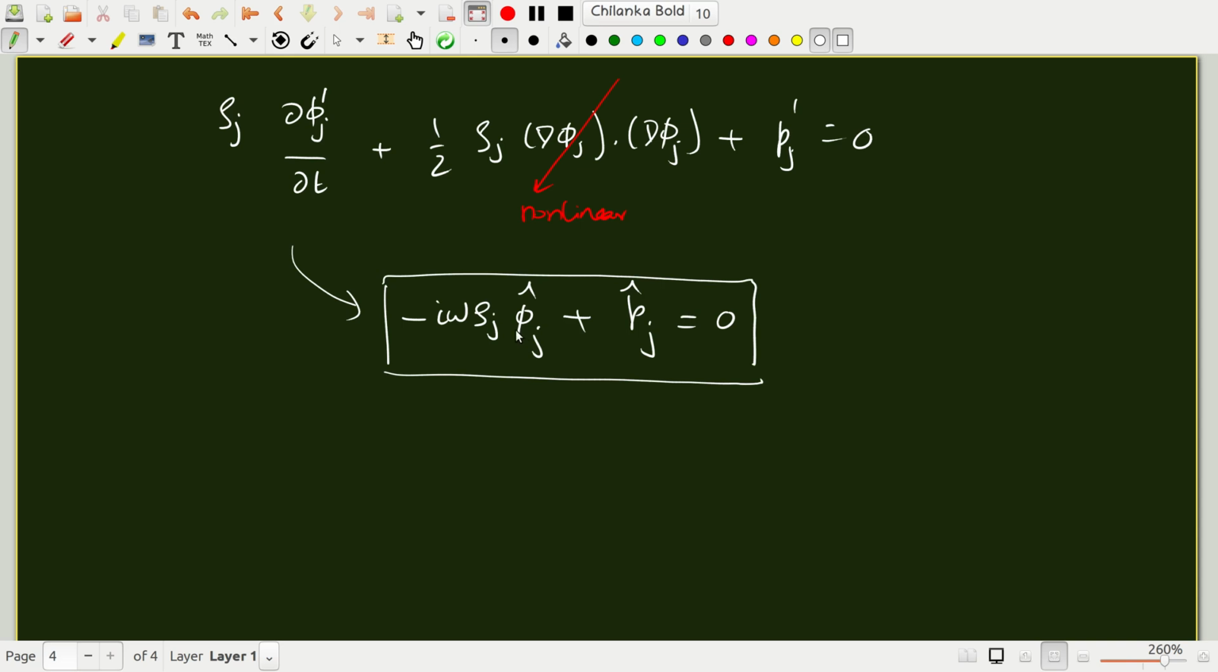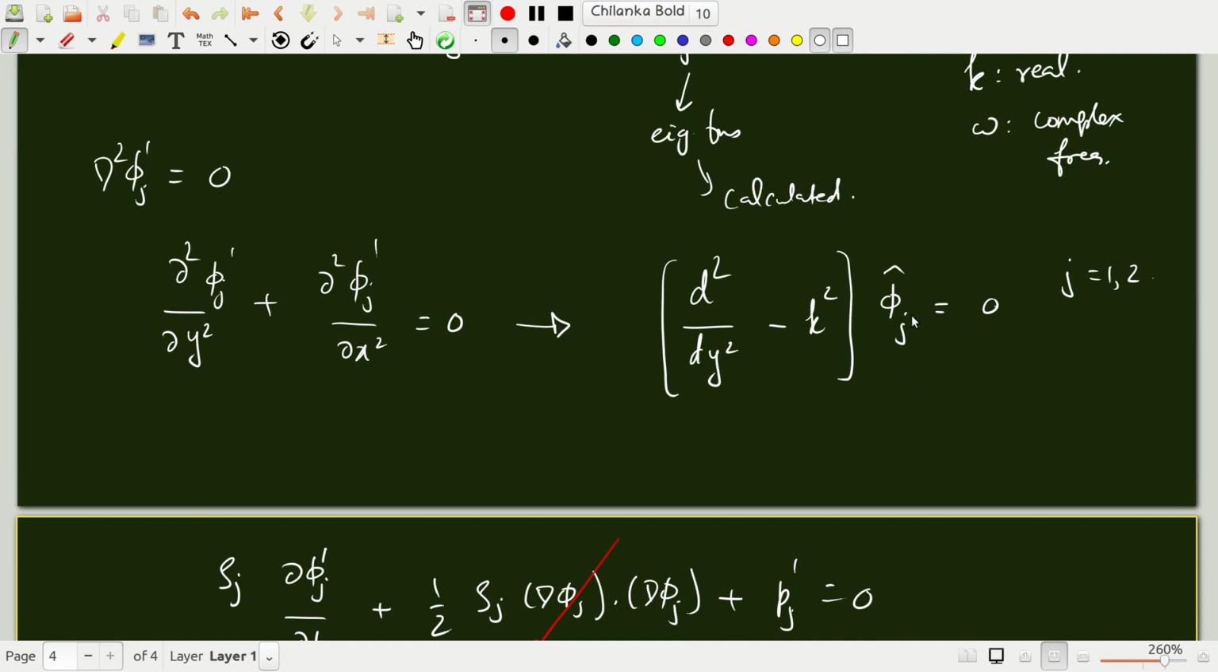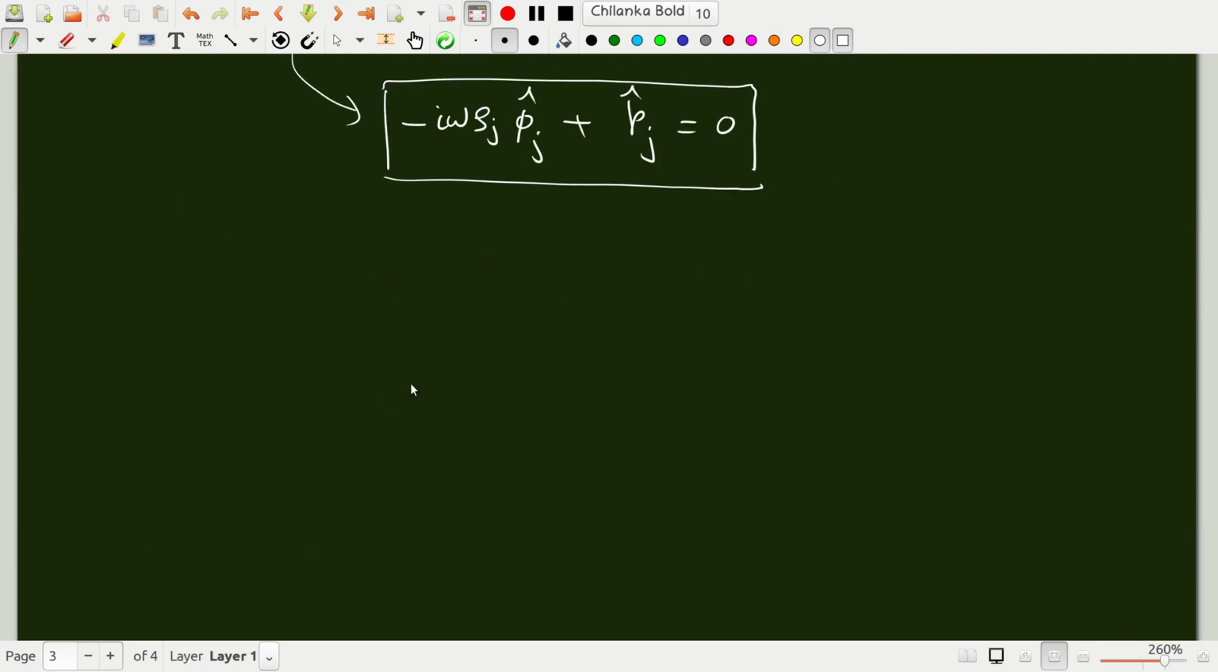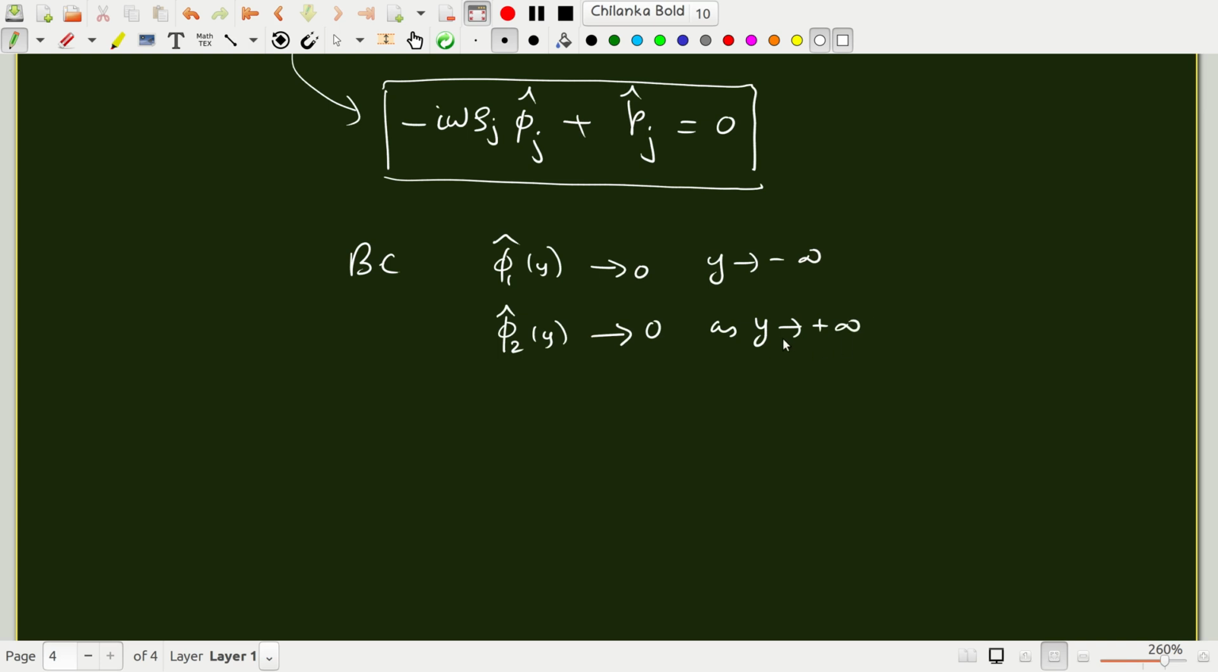Okay, and the pressure also comes via the interface condition, which is the linearized interface. This is the interfacial condition, wherein the surface tension term is kept up to linear order. We'll discuss how we handle that in a moment. Okay, now, the boundary conditions are phi 1 cap of y goes to 0 as y goes to minus infinity, and phi 2 cap of y goes to 0 as y goes to plus infinity. Okay,